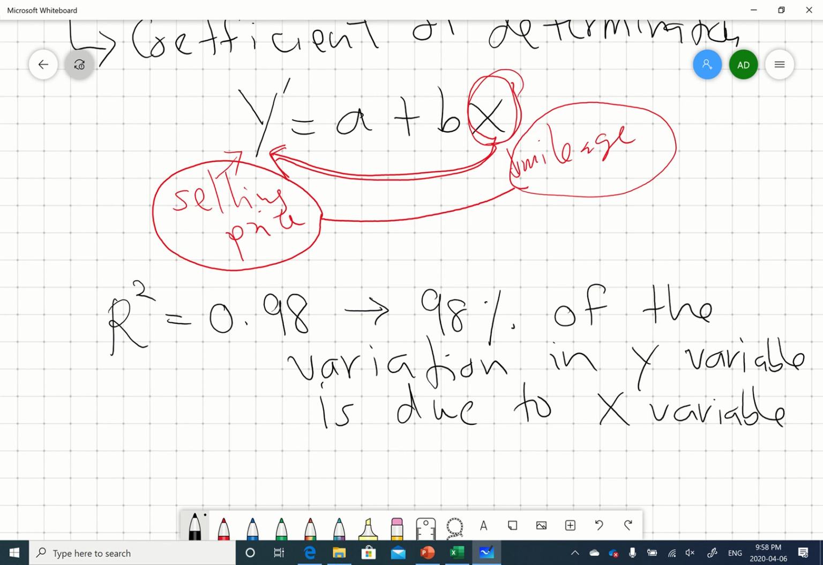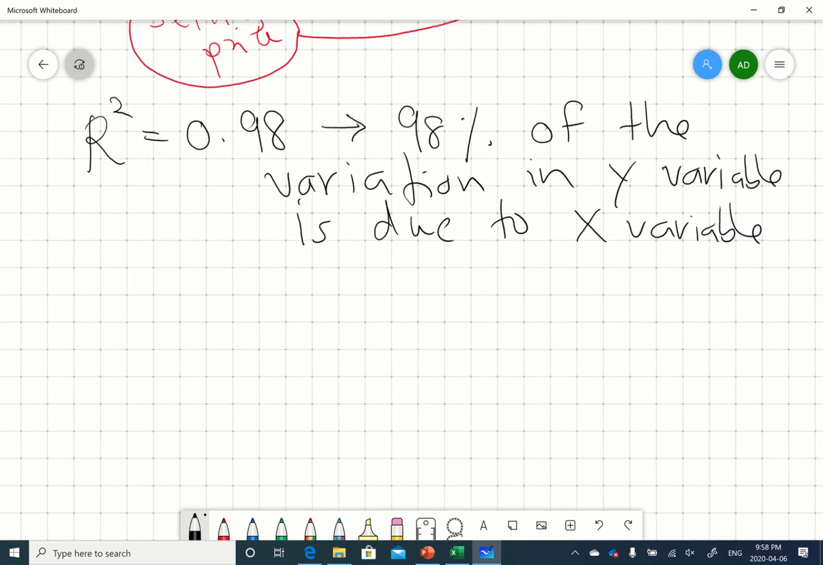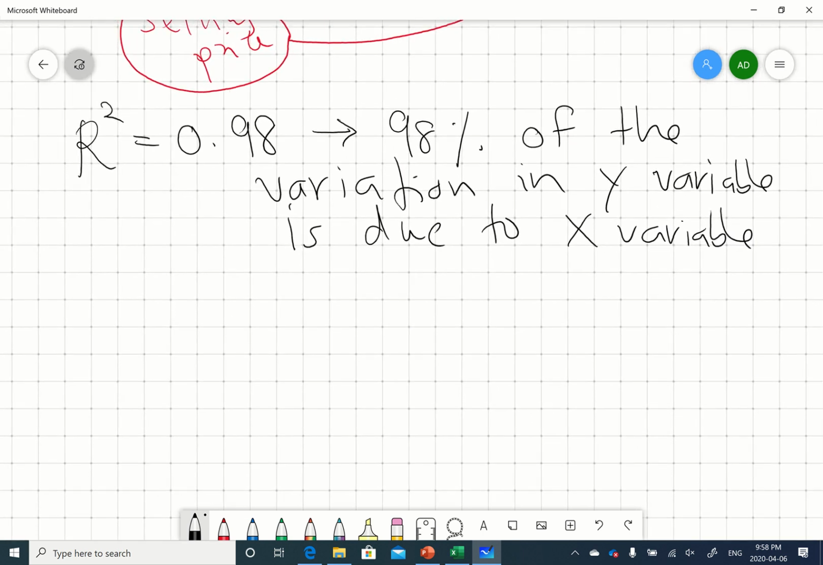So there's only 2% of the variation in y is due to some other factor. So that means in this particular example, your x variable is the key factor which decides the change in your y variable. And if you happen to have something like r square equals, let's say, 31,